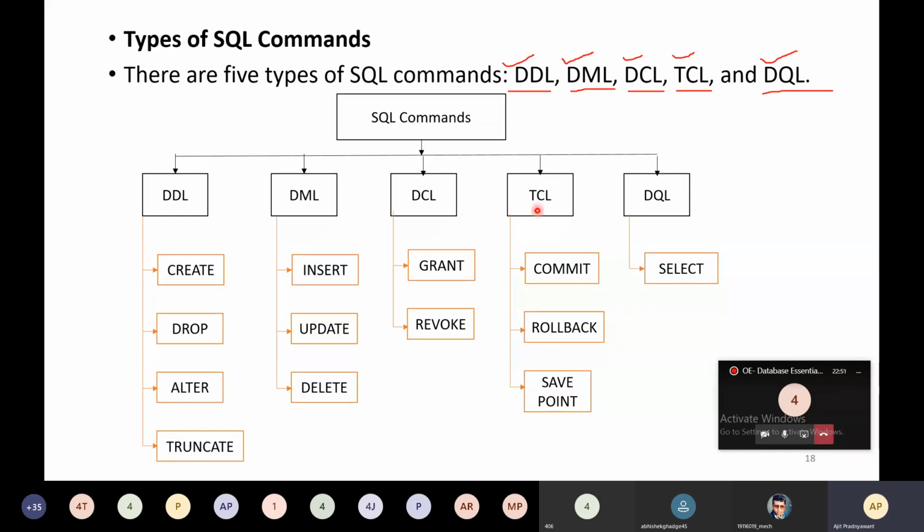We will focus more on DDL, DML, and DQL statements, and I will show a few points on DCL and TCL as and when needed. So these are all the types of SQL commands.